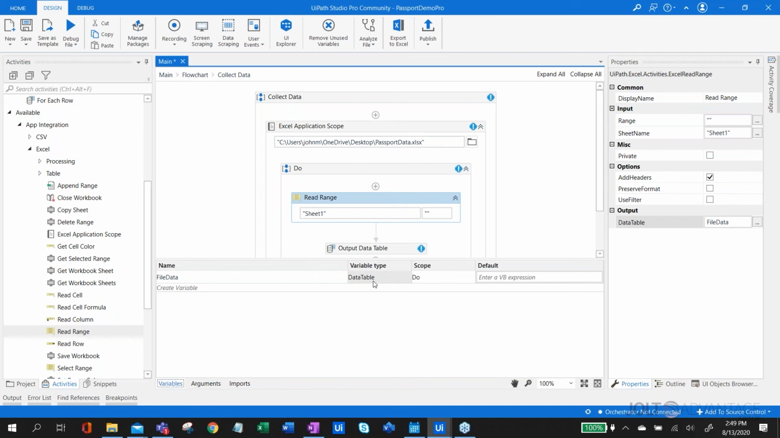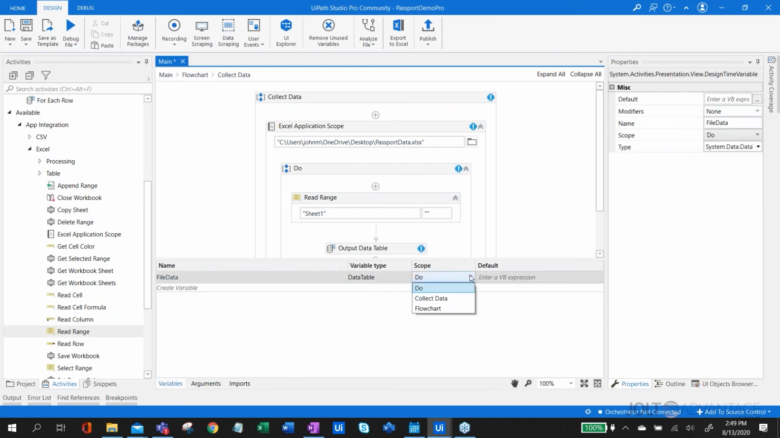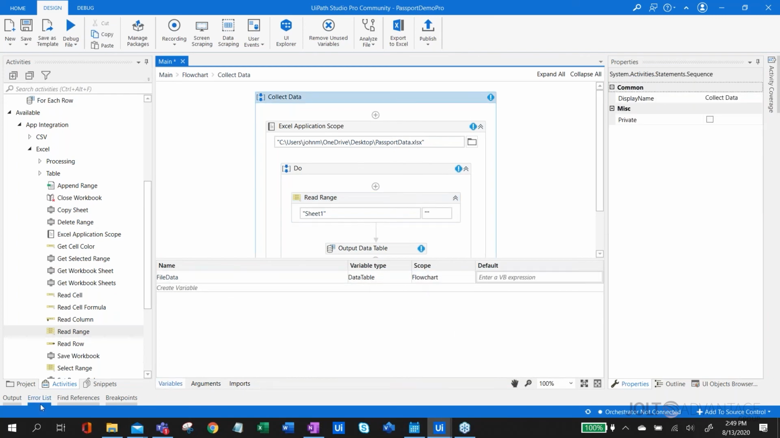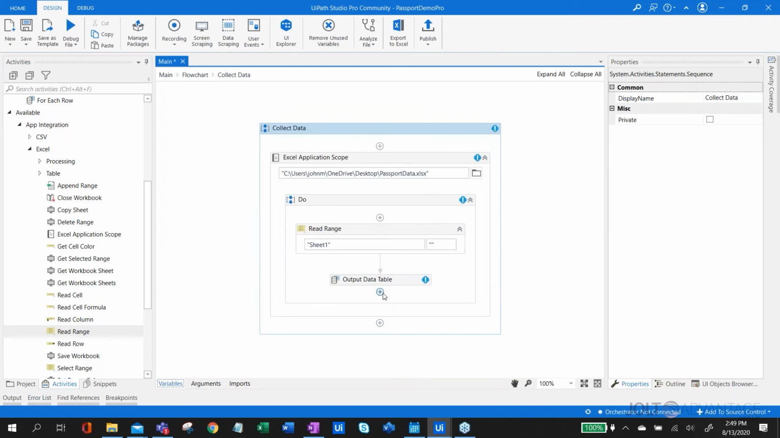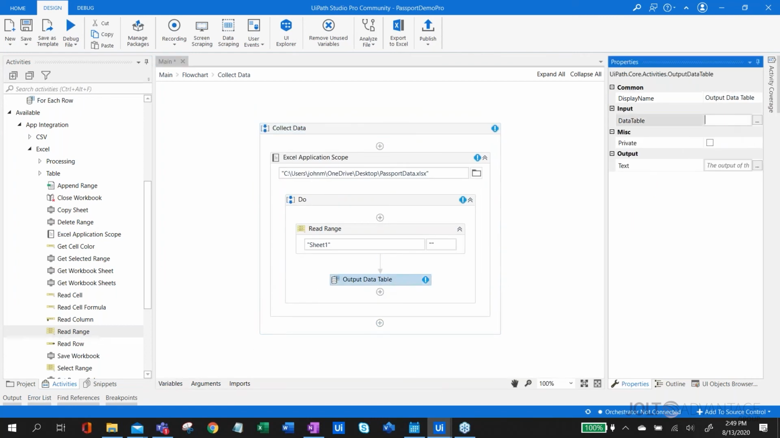Once I did that, I go down to the variables, and I see it is a data table, and I'm going to change that scope so that it can be read from the main flowchart. All right, and here I'll name that file data, and now I need to create a string for this. So I'll name it file data string,